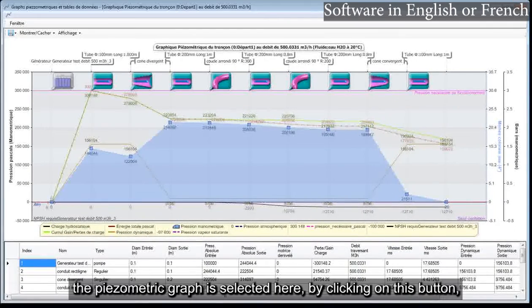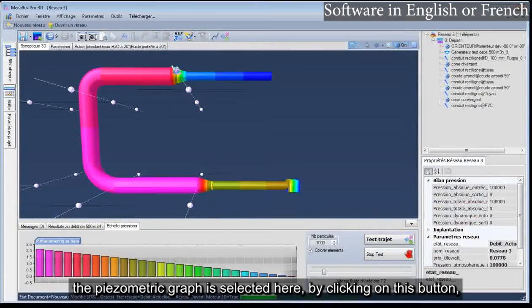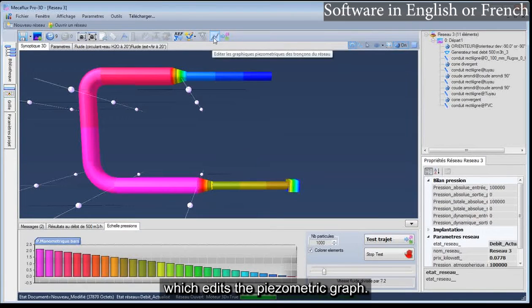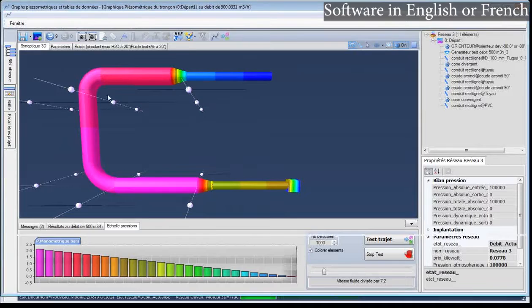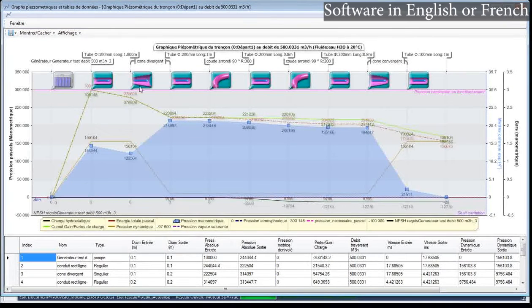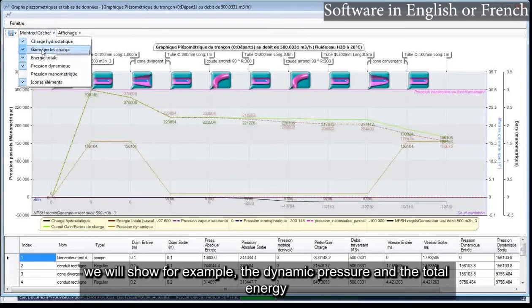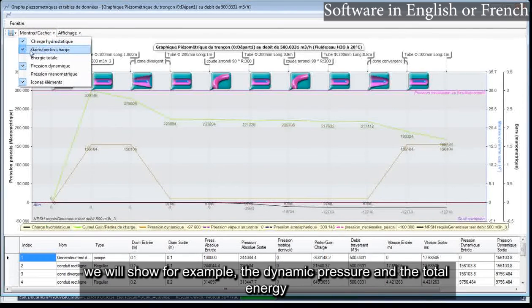The piezometric graph is selected here, by clicking on this button, which edits the piezometric graph. We will simplify here. We will show, for example, the dynamic pressure and the total energy.